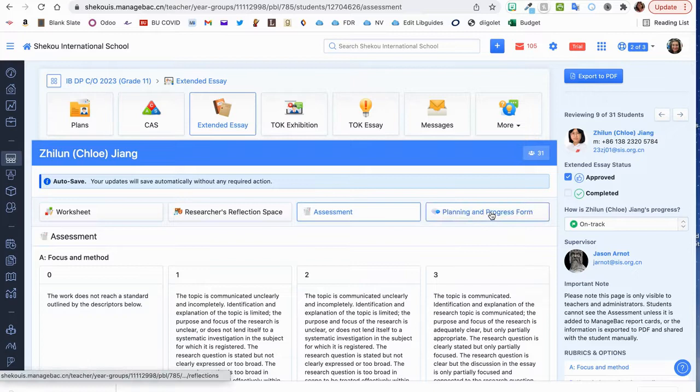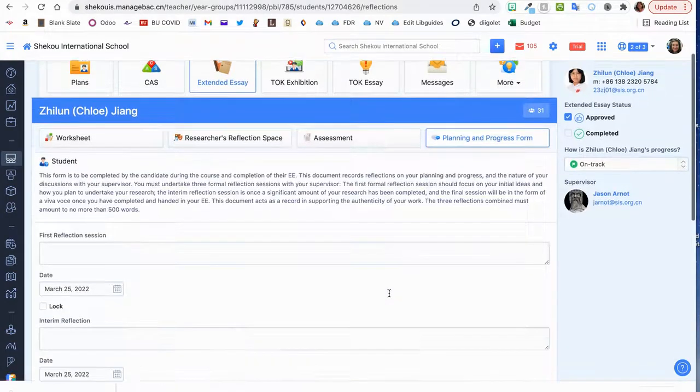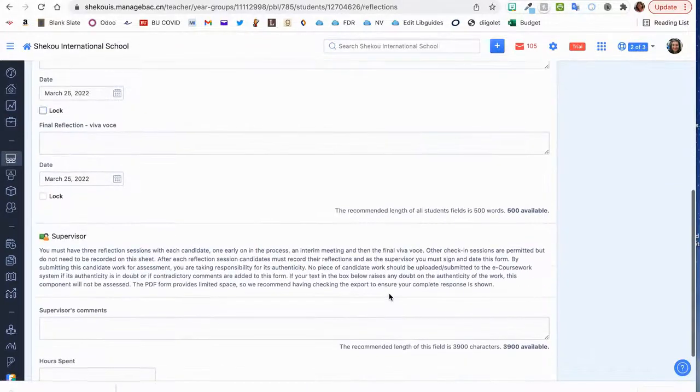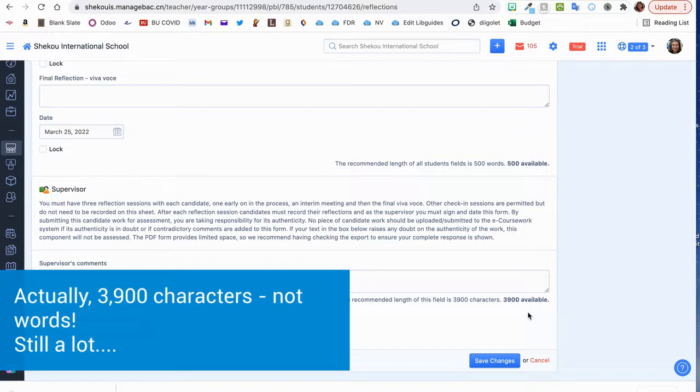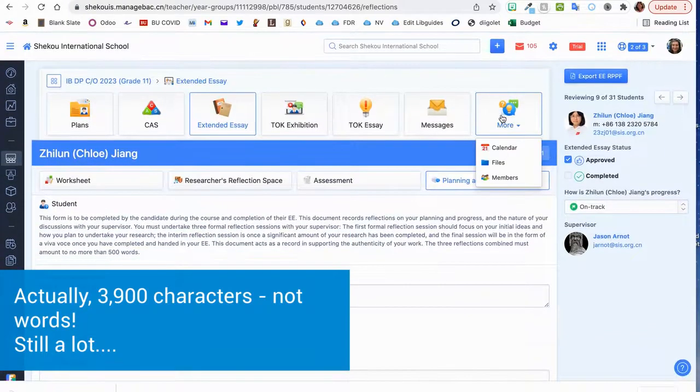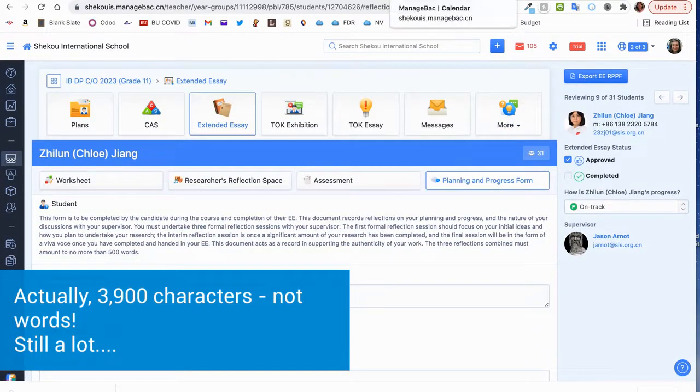And then the final one, the planning and progress form, and that's where you see their reflections, and then you'll have your reflections here as well, and you'll write down how many hours you spent. You can see they've given you 3,900 words for your supervisor comment, so I've never seen one that long. Okay, the other thing I want to show you